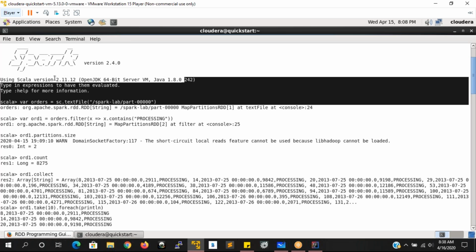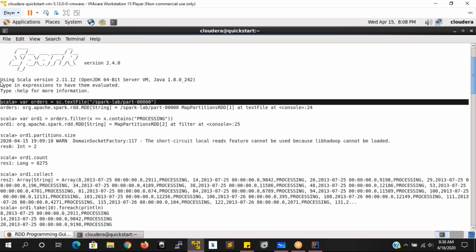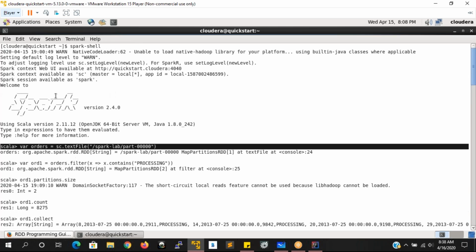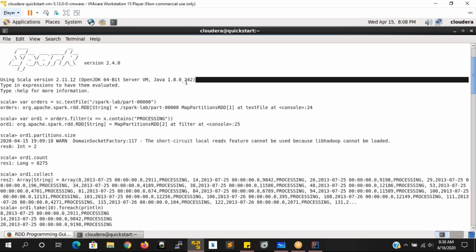Okay. So we have to set up IntelliJ IDEA to be compatible with this Scala version, because the new version of IntelliJ IDEA is going to take the newly updated Scala version. But we don't want that. If you take the newly updated Scala version by default, then you will see some compatibility issues when running the application with Spark 2.4.0. So that is the reason, first of all, you have to observe here, whenever you log into this Spark session, you will see that Spark 2.4.0 is using Scala version 2.11.12. The same Scala version is what you have to set up here.